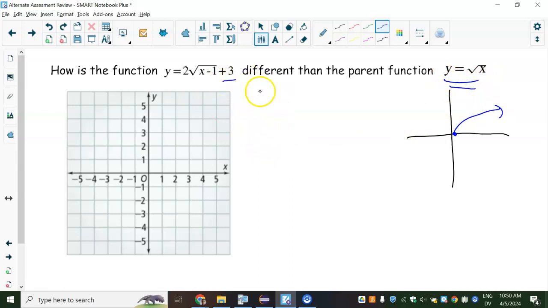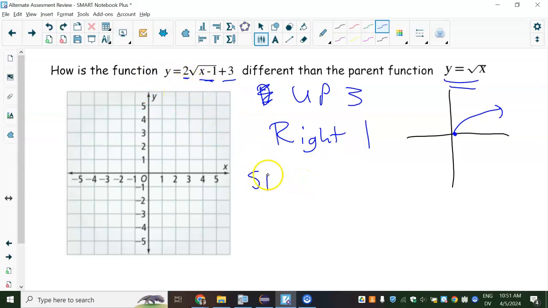Okay, so the number in the back is up or down. This one's not down, that one's up 3. That's normal. And then the inside is opposite. You think -1 would make us go left 1, but that actually makes us go right 1. And then this 2, since it's more than 1, is going to be a stretch. If it's like 1/2 or 0.2, then it's a compression. But this is just going to be a stretch